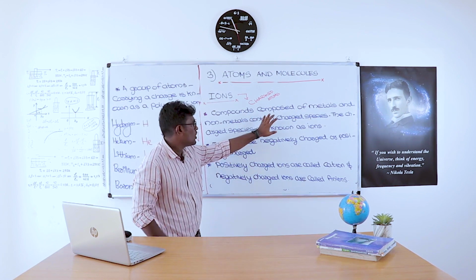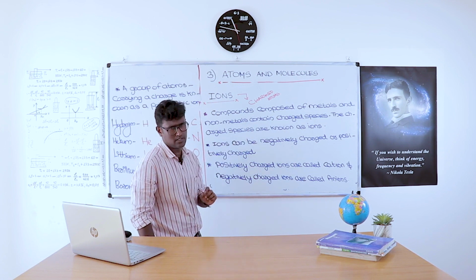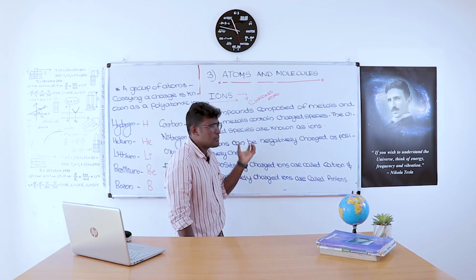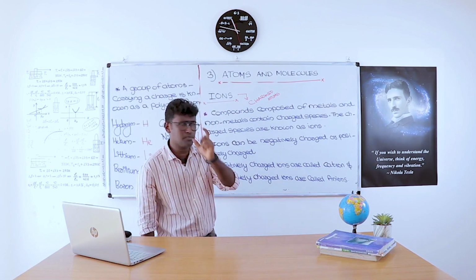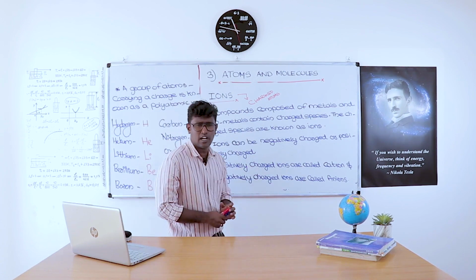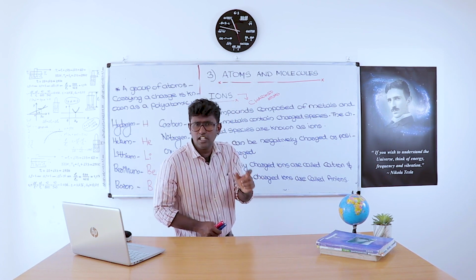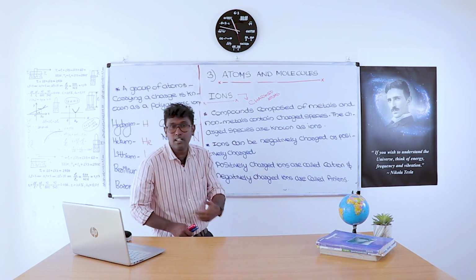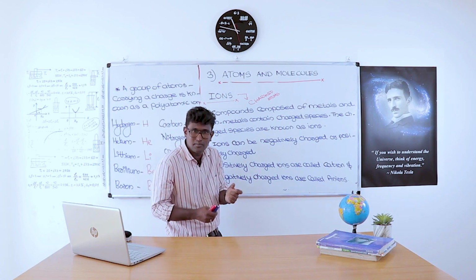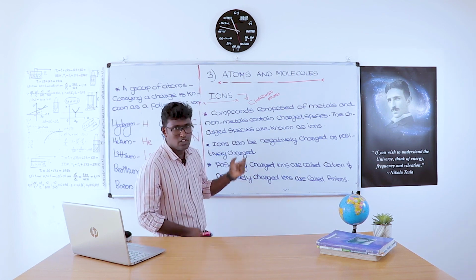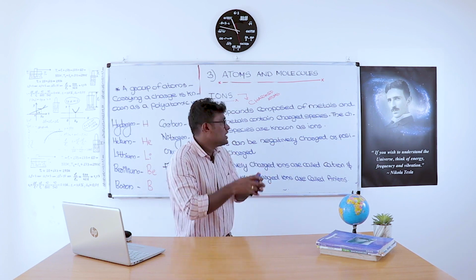Compounds composed of metals and non-metals contain charged species. So for the formation of compounds, there will be metals and non-metals. It contains charged species, and those charged species are known as ions. So simply we have to say that charged atoms are called ions. So for the formation of a compound, we need